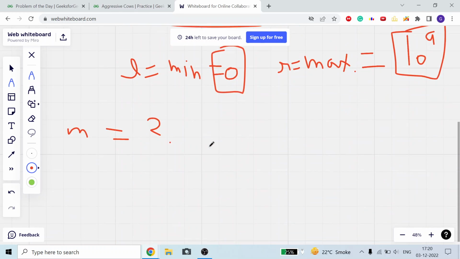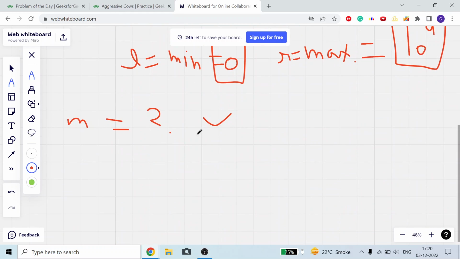If it is possible, meaning yes, this particular minimum distance is possible, then you will try for a bigger value. You will store the answer. If this is possible, the answer will become m. What does m mean?